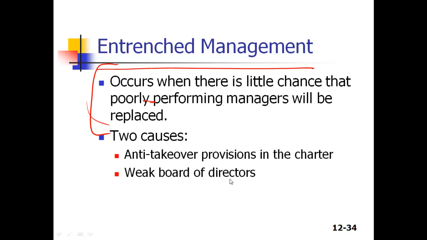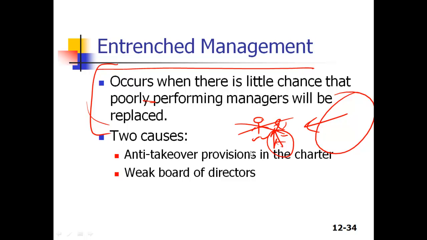Okay, so in a takeover, would an entrenched management worry about takeovers? They would, because in a takeover, what happens? You have company A, which is performing poorly. It's run by these poorly performing managers. It's taken over by a large company which believes it can improve the performance of this company. What do you think the first thing that big company will do? It will fire these managers. So these managers have an incentive that the corporate charter should be designed such that